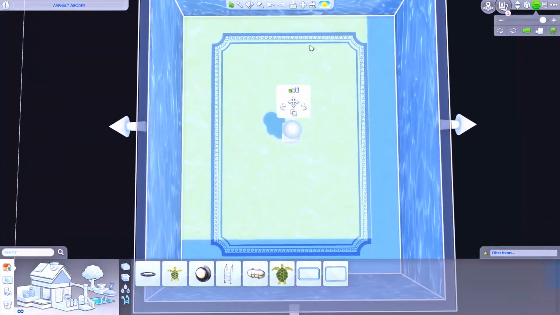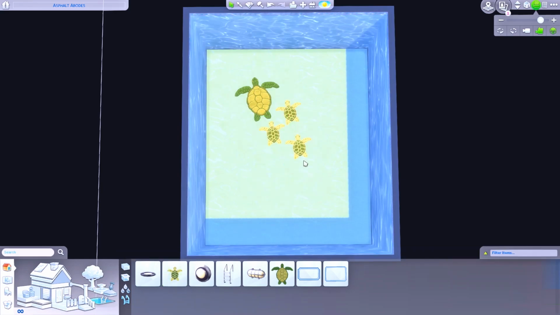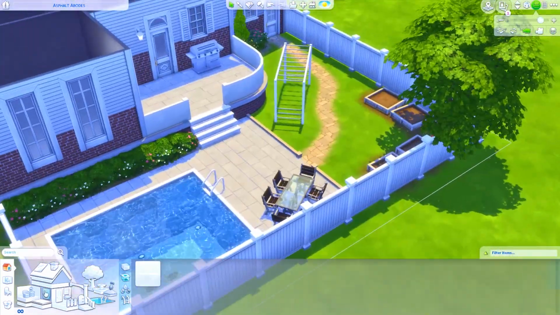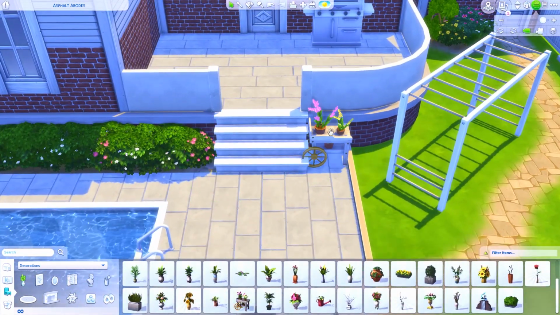I did also add a pool into this garden. I wasn't going to add one, and then there was so much space available, and so I decided that I was going to add one. It's quite a square pool. I don't normally do them as square. I normally do them more rectangular, but I thought I had the space to do it, so I'm going to add one. I did also add the little monkey bars from base game in here,